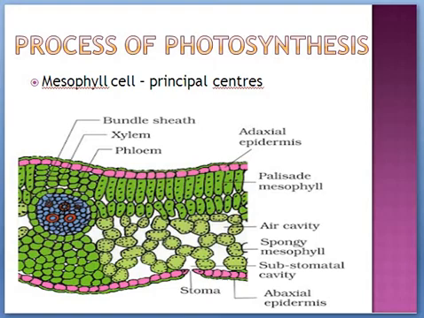Now, just give me what you have learned in your lower classes about the process of photosynthesis. The mesophyll cells play a major role in the process of photosynthesis. When sunlight falls on the upper surface or dorsal surface, sunlight will penetrate all the cells. It will fall onto all the cells. The photons of light will be received by almost all the cells. And the chloroplast is the organelle which is going to absorb the photons of light. And in the last video I told you about the presence of chlorophyll pigment on the membrane of grana. So all these things will be absorbing the photons of light and they will be doing photosynthesis.